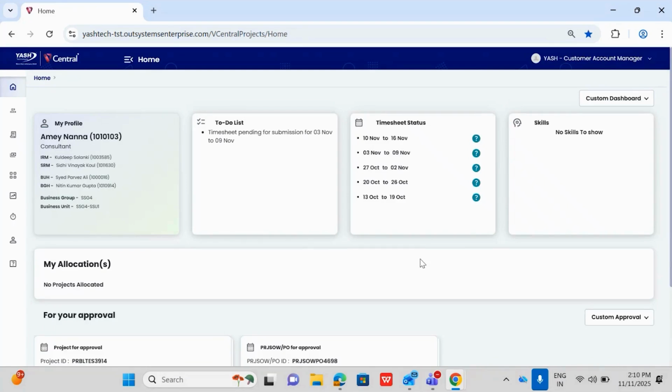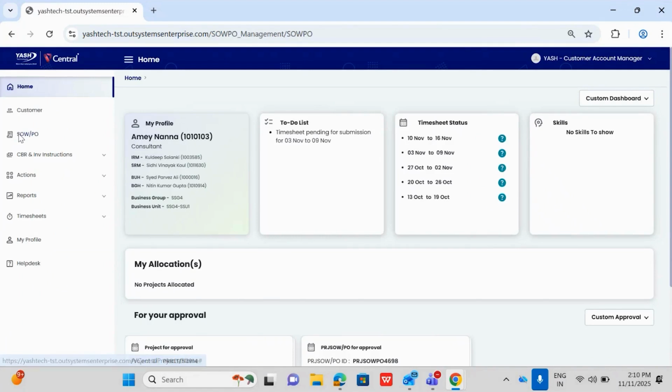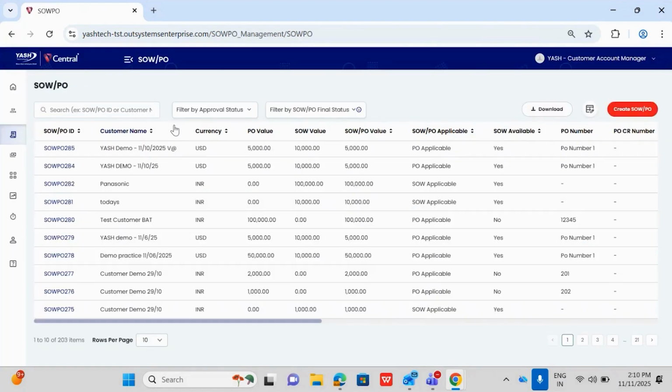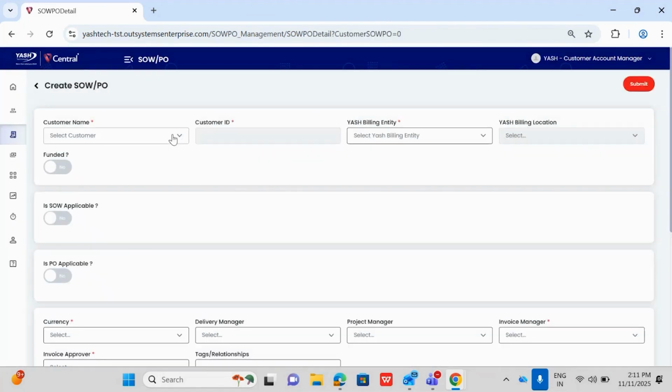This is the home page for the CAM member. Expand the left navigation, click on SOWPO. Here we can see the grid of SOWPO. To create a new SOWPO, click on the Create SOWPO button. Select the customer name that we have already created, that is customer demo 2910. Based on the selection of customer name,